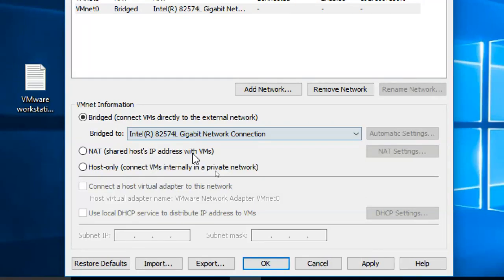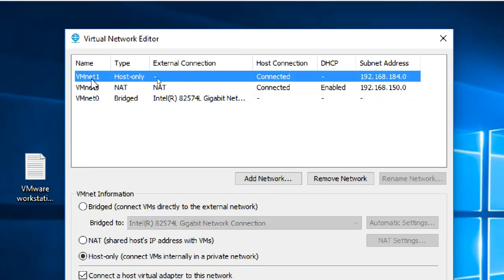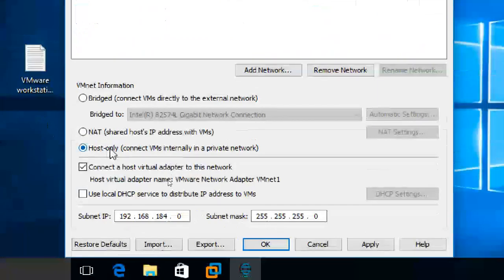Check its name, select its name, and click apply. Next, VMNet 1, as I already told: make sure VMNet 1 is host only, the first one is selected and this one is unchecked. That's it. Apply.